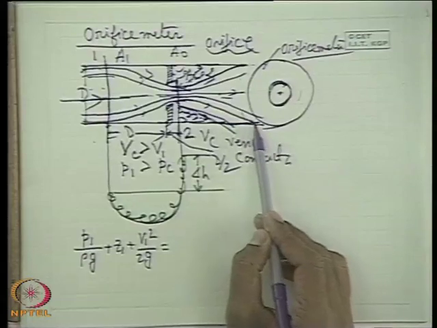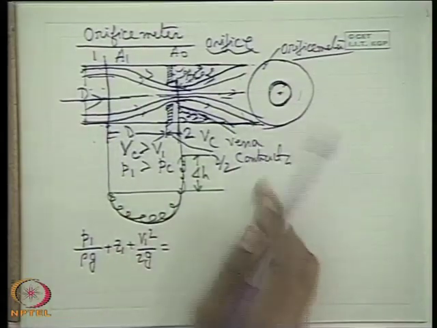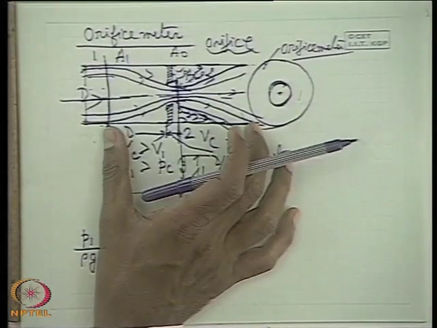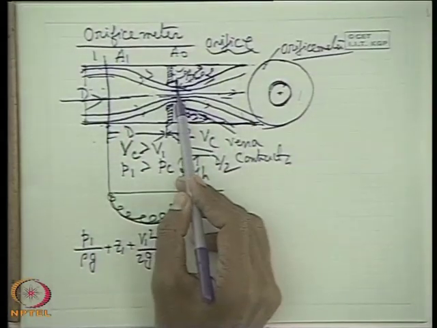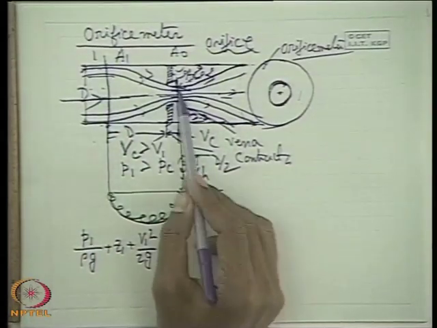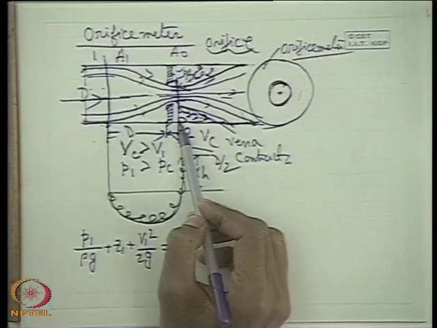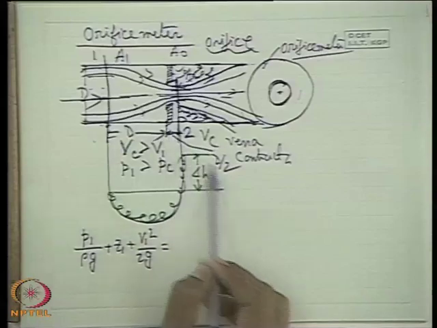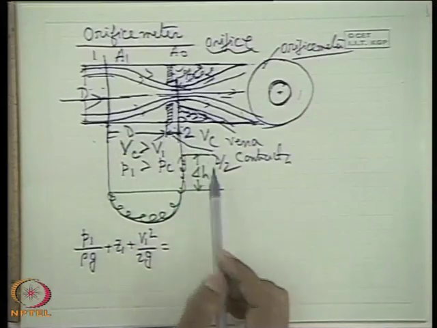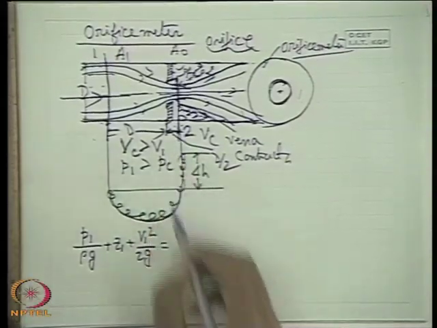If we attach the manometer here, we will get a pressure drop which is equivalent to frictional pressure drop, because the pressure drop due to momentum change we will not be able to capture. So therefore it should be at the vena contracta section. So another connection, but it is difficult to realize where the vena contracta takes place. So it is usually made at d/2 distance downstream from the orifice plate. So let this section be 2.